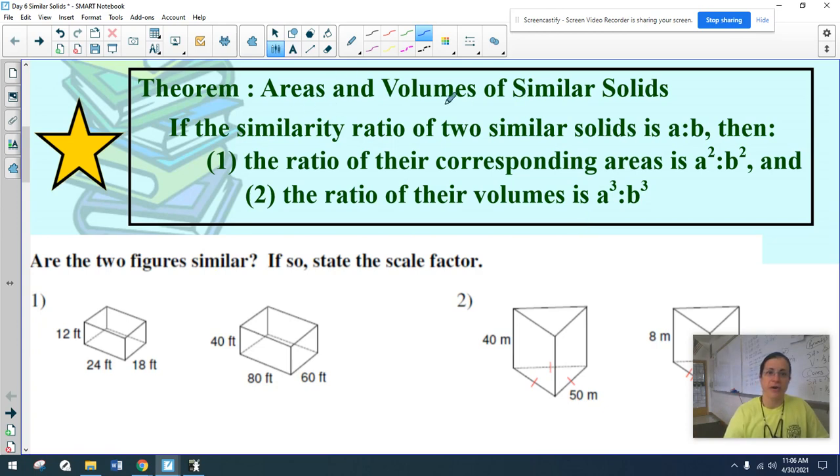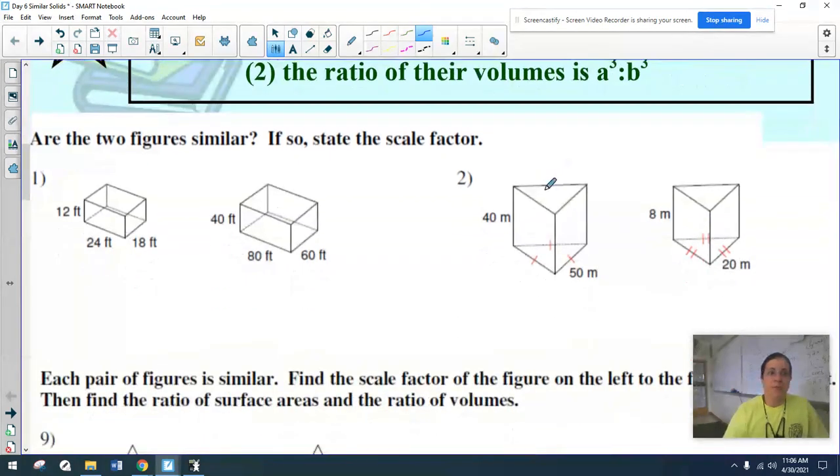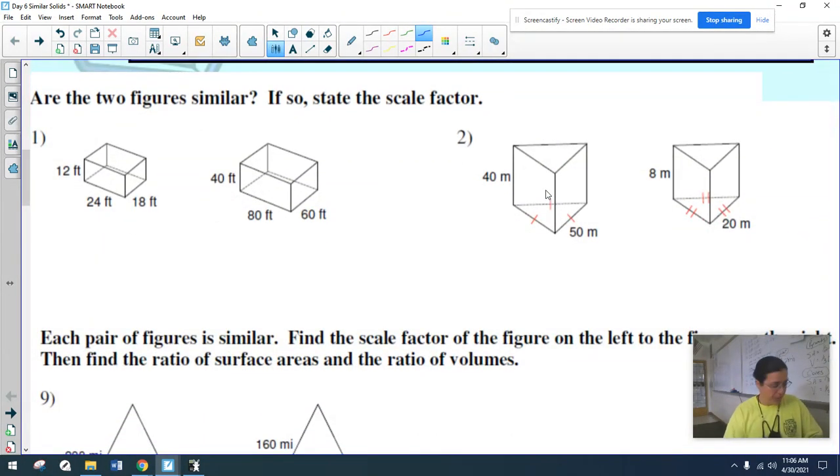So if you're looking for areas and volumes of similar solids, your similarity ratio or your scale factor is just A to B. So whatever fraction reduced you get, their surface areas are going to be squared. It's going to be the same numbers, but squared, and the volumes are cubed, just like the units. Area squared, volumes cubed, easy enough to remember. Okay, so I'll start you off with 3 easy problems, and then I'll get to the ones you'll most likely